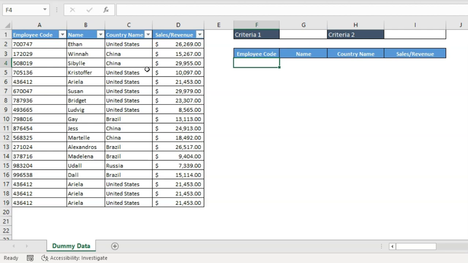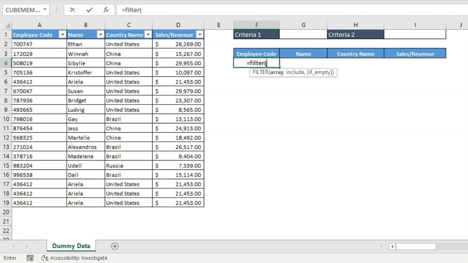So the first example is how, based on one criteria, you can pull the data from a data set. What you need to do is type the FILTER function here, and you need to make sure all the column headers where you are pulling the data match the sequence which you can see in your data set. If you see my origin data, I can see my headers are listed in the same sequence which I can observe in my destination data set. Am I right? So that is what you need to remember.